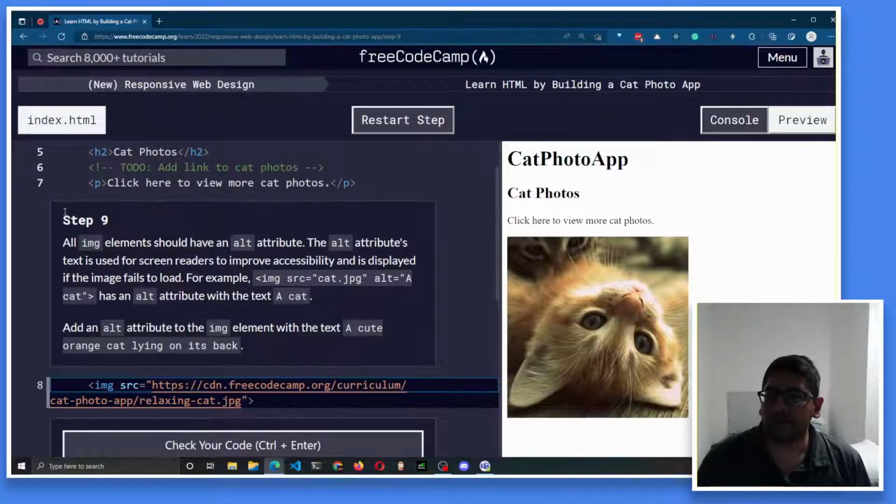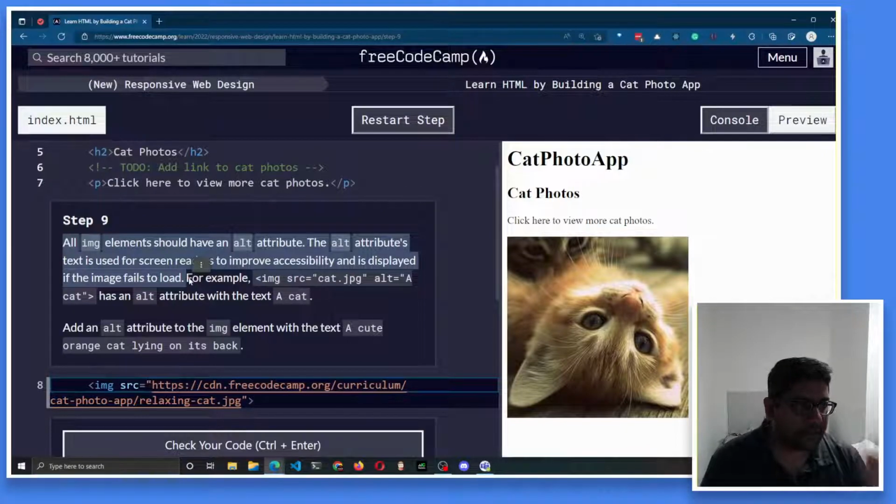Okay. Step 9. All the image elements should have an alt attribute. The alt attribute's text is used for screen readers to improve accessibility and is displayed if the image fails to load, right? So when you're building a site, you're not just building it for everybody who's using a phone or a laptop. Obviously, even deaf people or people who are blind also use their devices to access the internet, correct? So if you have something like a screen reader,